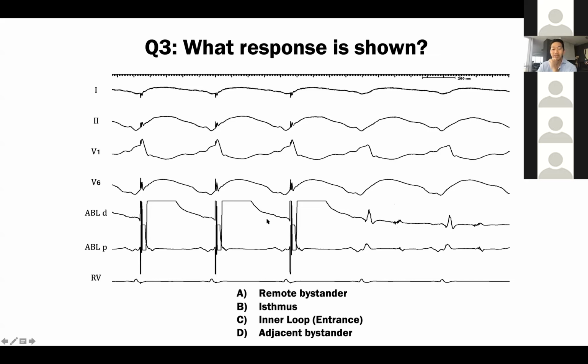Look at during pacing. On proximal, I see this little sharp descending piece of electrogram with the same scoop up. Does everybody see that? It's right there,